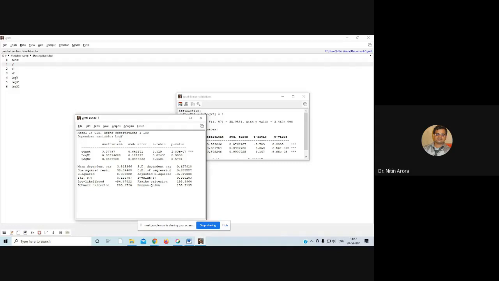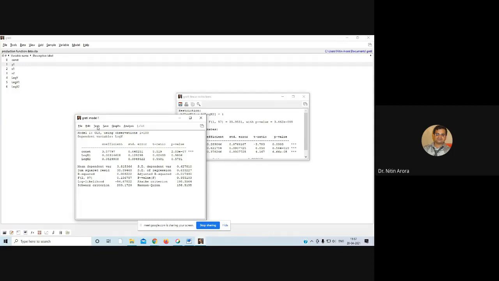But in any case, if you have to interpret, we can say there is diminishing returns to scale. If this coefficient would have been greater than unity, we would have concluded that there exists increasing returns to scale. Since in this case the sum is less than unity, it is decreasing returns to scale. Sum is statistically insignificant, near zero we can say. So neither constant returns exist nor the elasticities are significant. Ultimately, labor and capital are not contributing a lot in this industry.